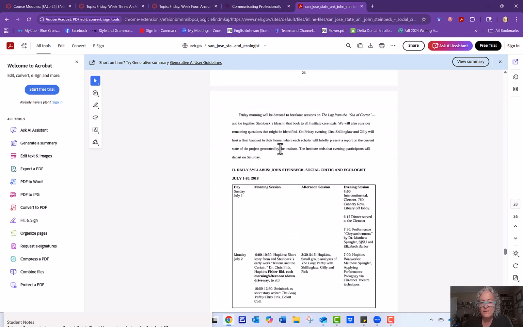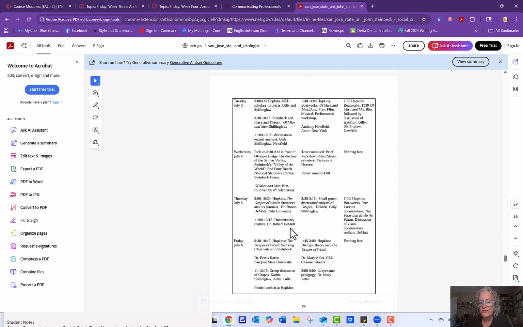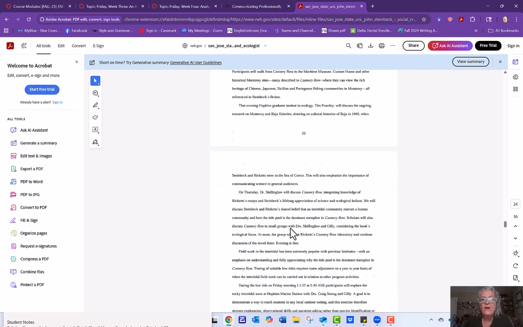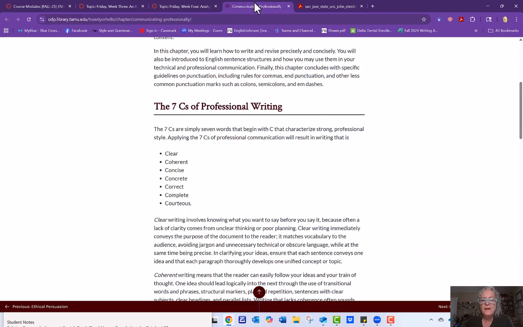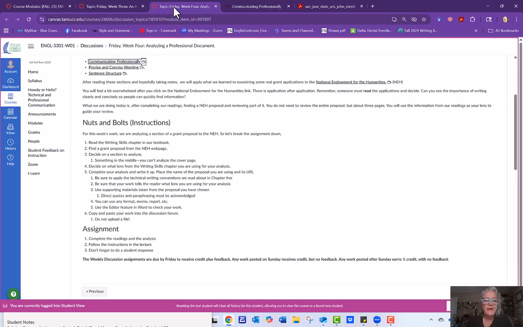Here's an analysis of a syllabus. You're looking at how they're applying these to that document, okay? You don't have to do the whole thing. Take a part of it. It says use any format you want. You're learning technical communication. You're learning what it is to decide what kind of document you want to use. If you look at our textbook on document design, it has some information there you might want to use.